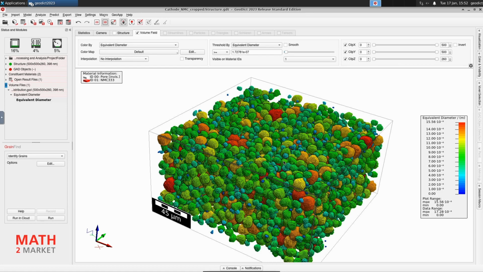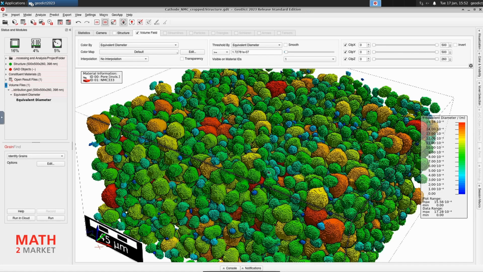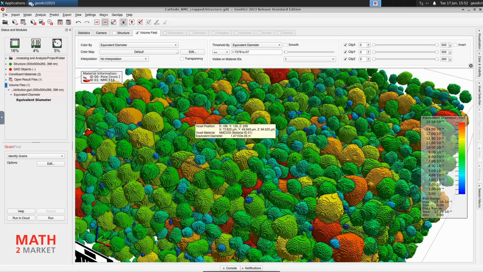If we zoom in and then hover the mouse over one of the grains, we get a tooltip which shows the equivalent diameter of this grain. In this case here it's 1.47 times 10 to the minus 5 meters. At the other end of the spectrum you find the small blue grains, which have only a diameter around 2.3 microns.